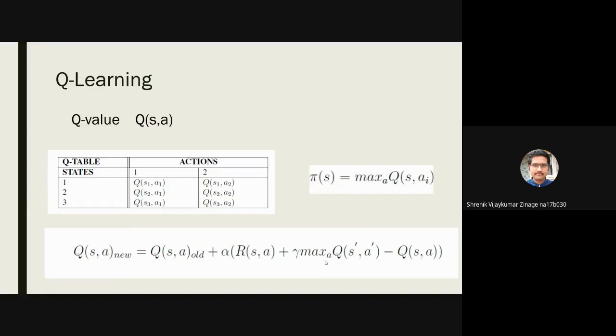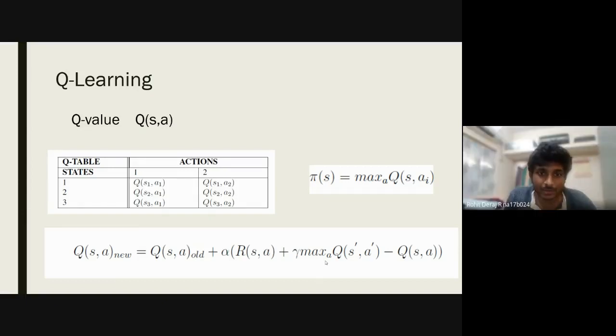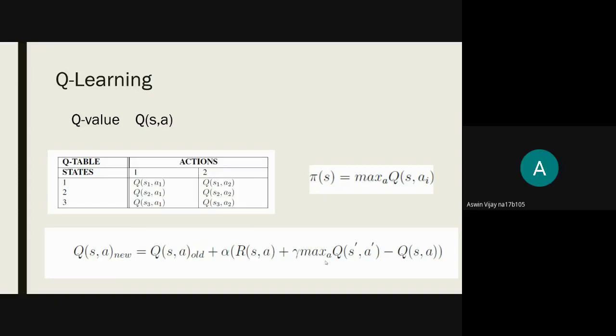Rohit, also one more question. In this, you mentioned S and S prime, right? When we go from S to S prime, is there a difference of one time step, or is it for a sequence of time steps? One time difference. You can go from S to S prime by choosing any of the actions, A1 or A2. Depending upon which action it is, you get one Q value for each action, and you choose the maximum. That is this max over A. And the optimal action will be the one with the maximum Q value, that is, you will choose the Argmax of this.